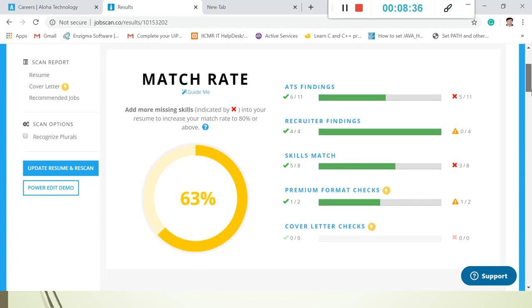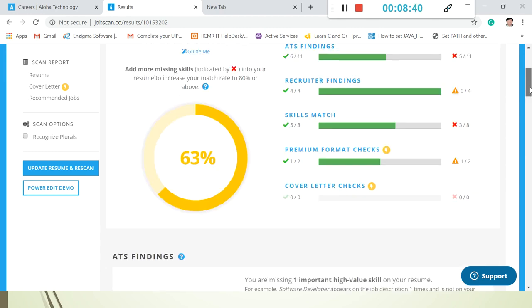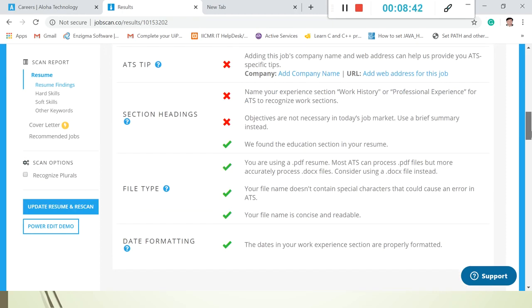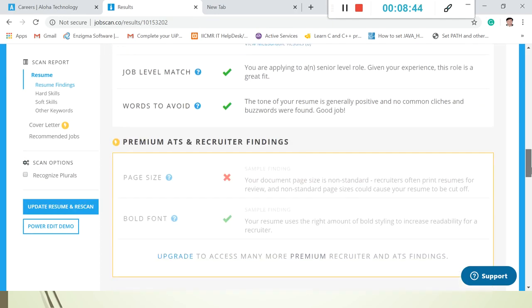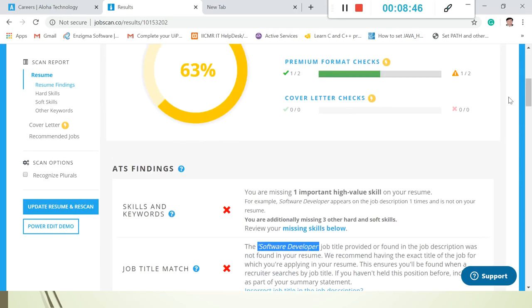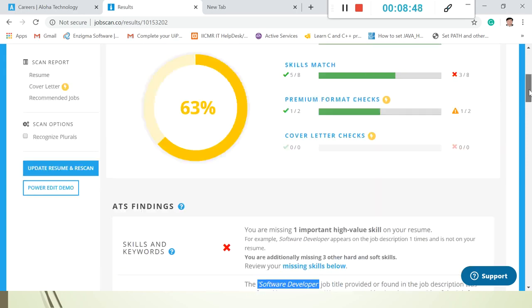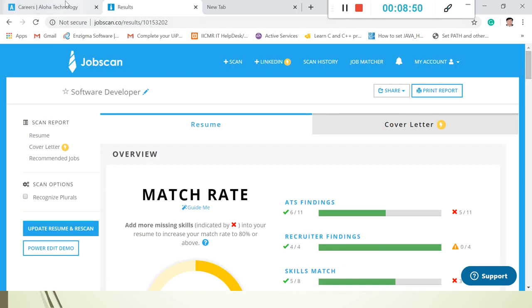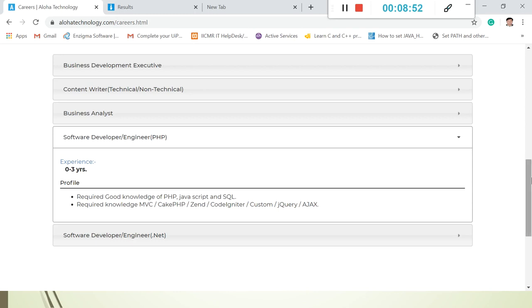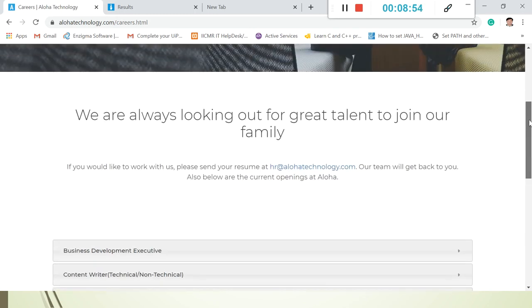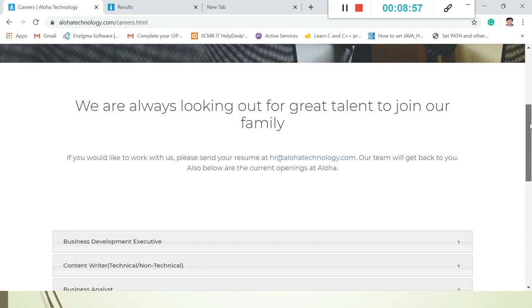Whatever is not matched in your resume for that particular job description, you have to add it, and after making the corrections you have to send it to the HR of that particular company, at the email address mentioned by the company.